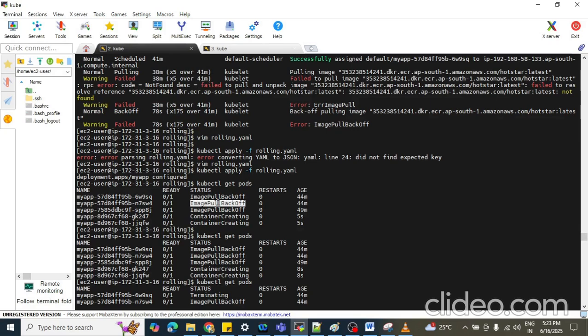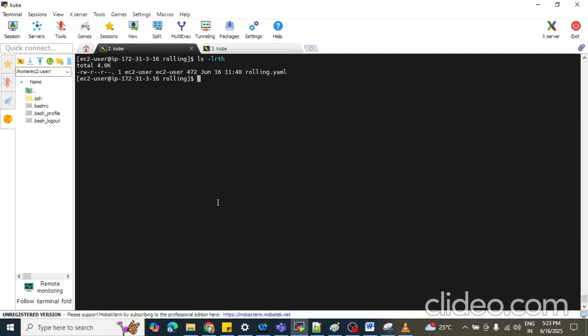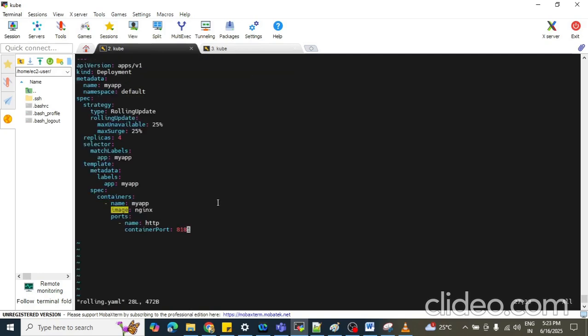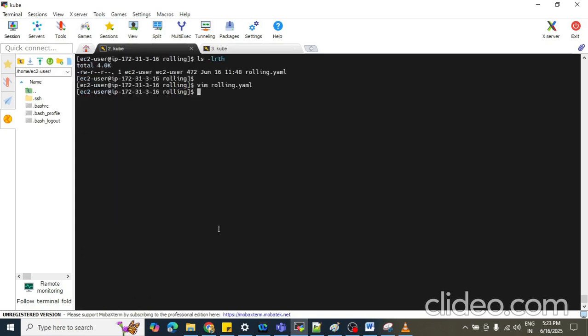So what I did now is remove that particular ECR path and put the Nginx image instead. Now let's try to apply this.